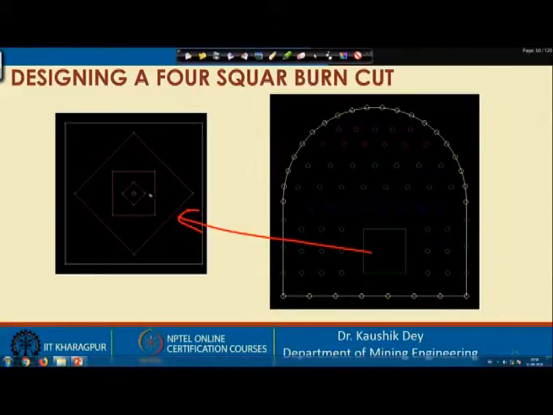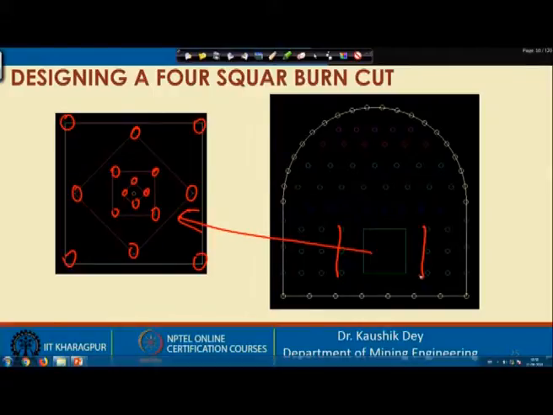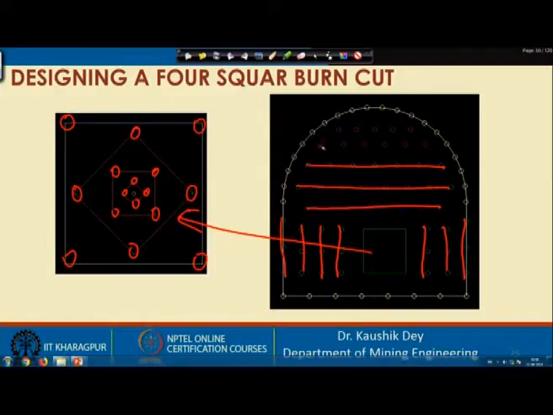So, the delays, these are the first delay, then this is the second delay, then the third delay, then the fourth delay, then fifth delay, sixth delay, seventh delay, eighth delay, then ninth, 10th, 11th, 12th wall contour hole, then 13th, 14th, 15th, 16th, 17th, 18th, 19th, 20th, 21st.